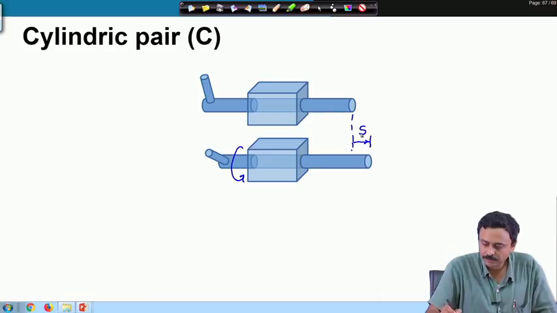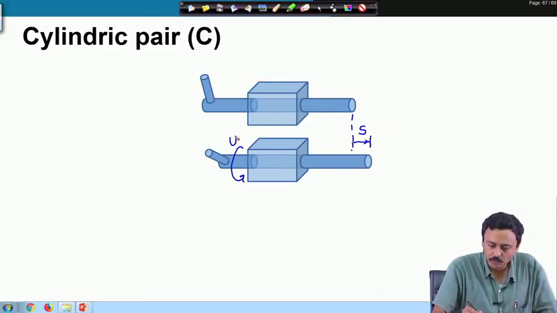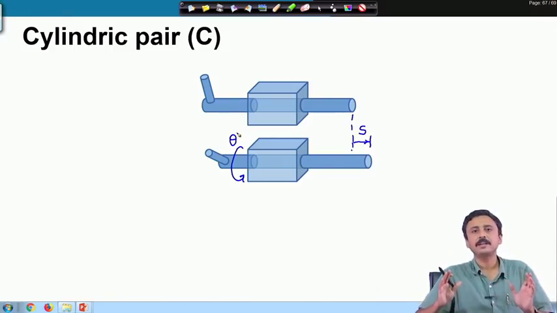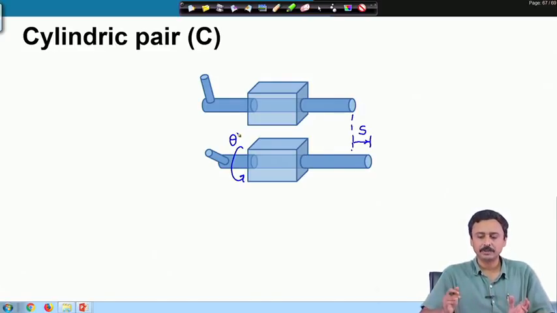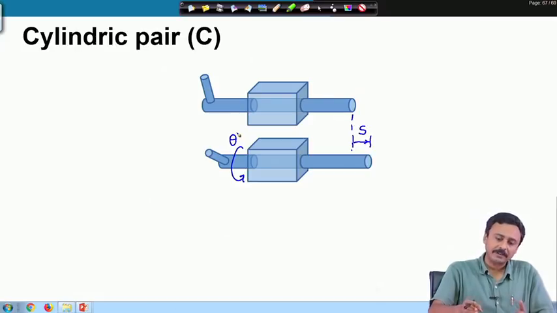Therefore, I need two variables to completely specify the relative orientation of these two links, the guide and the cylinder. I require two variables, one is S, the other is theta, and here you again realize that this is